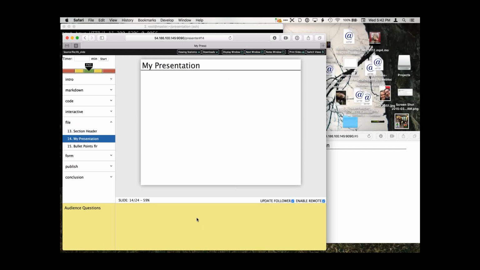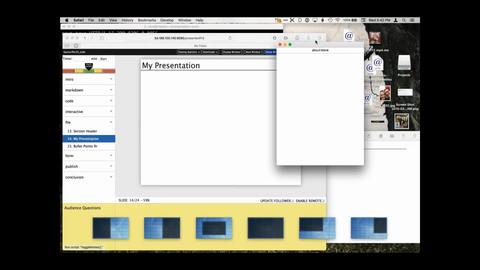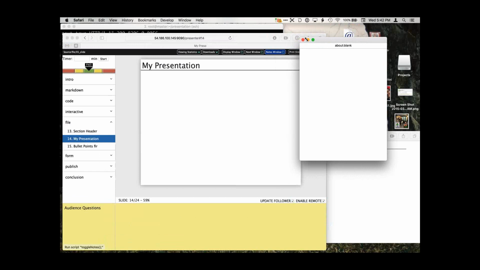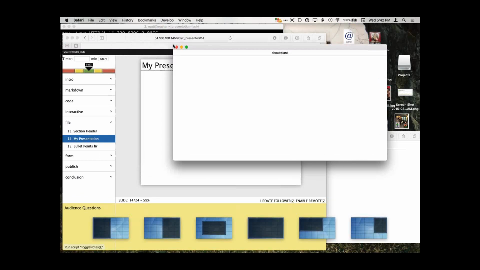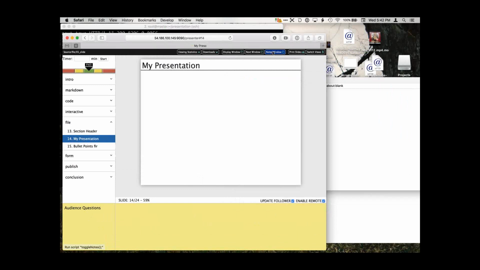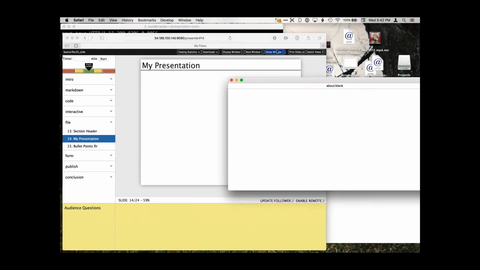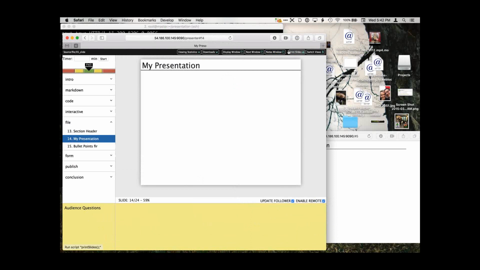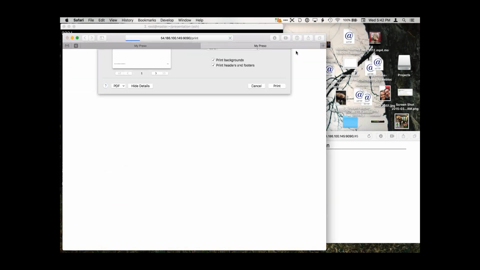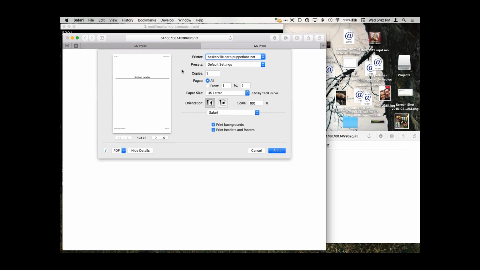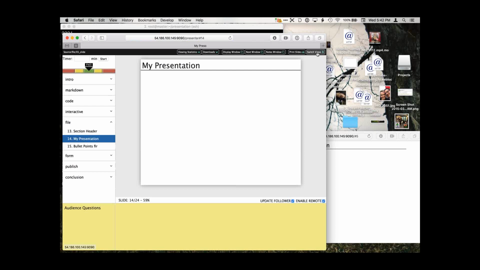And then down here at the bottom, this great big yellow area is notes. If you have a lot of notes there, or if you need to resize it, you can click the notes button and it'll pull it up on the side, and you can resize that however you want, move it around. We don't have any notes yet, so that's not very exciting. Then you can also click the print button and it'll print your slides. Basically all it does is open up the print endpoint, and then it calls your browser print function. And then this final button allows you to switch to the audience view.